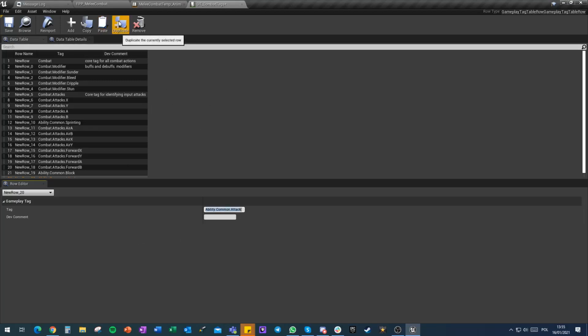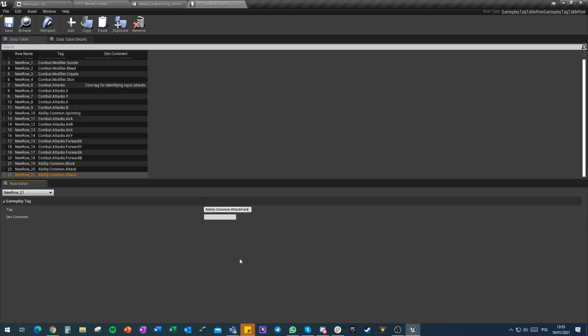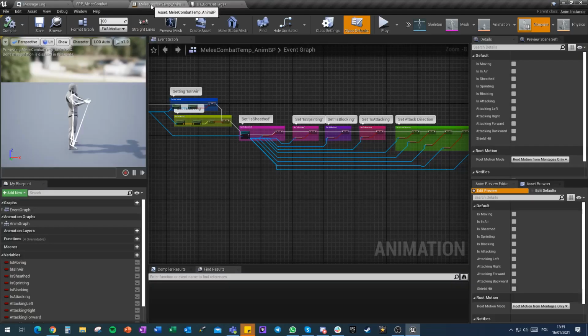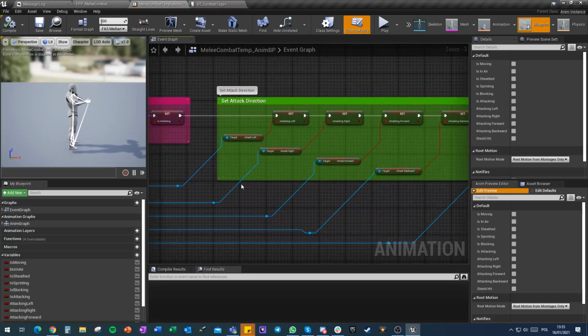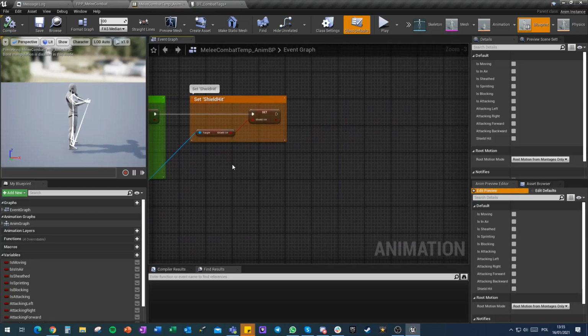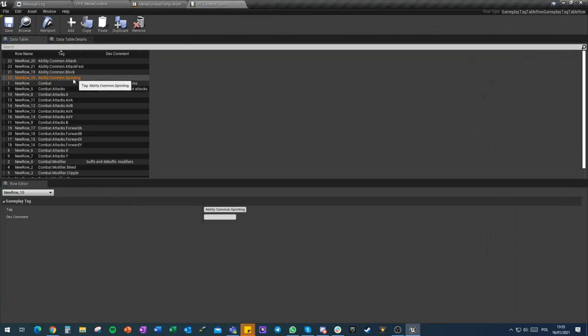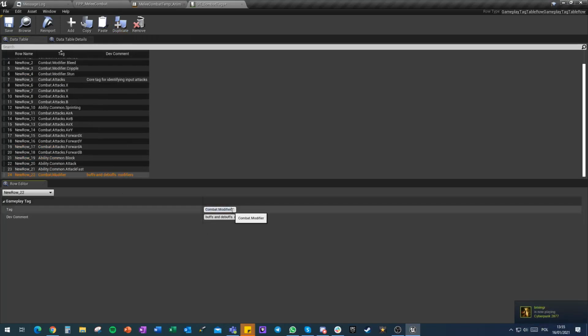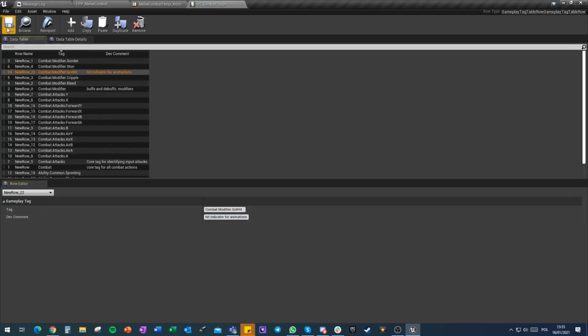And we can also make attack fast. So now, if we do it like this, we got 4 ability states. Let's see if we need more of those. Sprinting, blocking, attacking. Directions will be done differently. And shield hit. Okay, we're going to make combat modifier got hit. Duplicate, combat modifier got hit. Okay, and now we got a bunch of gameplay tags that we can use